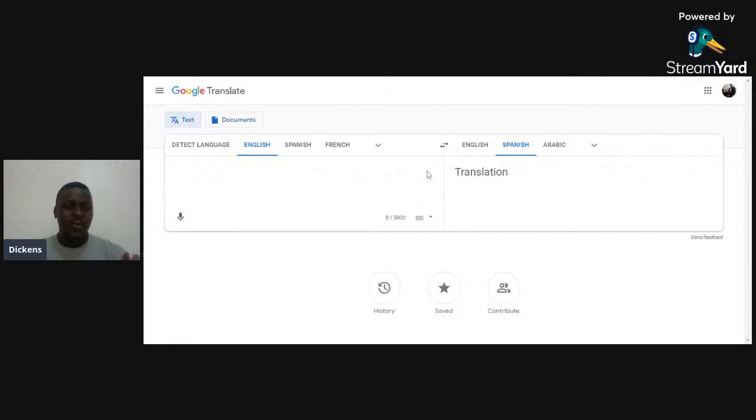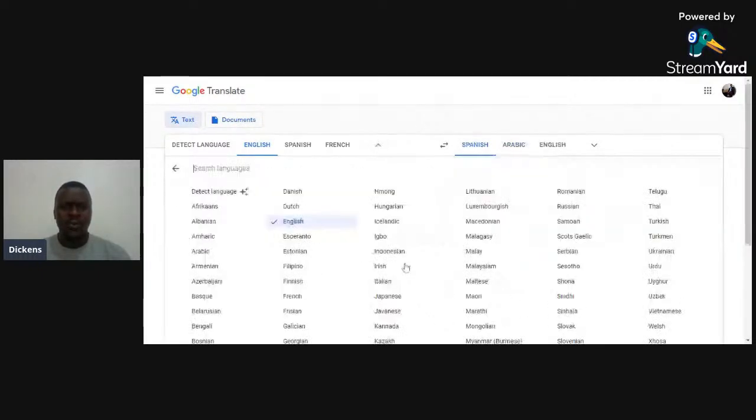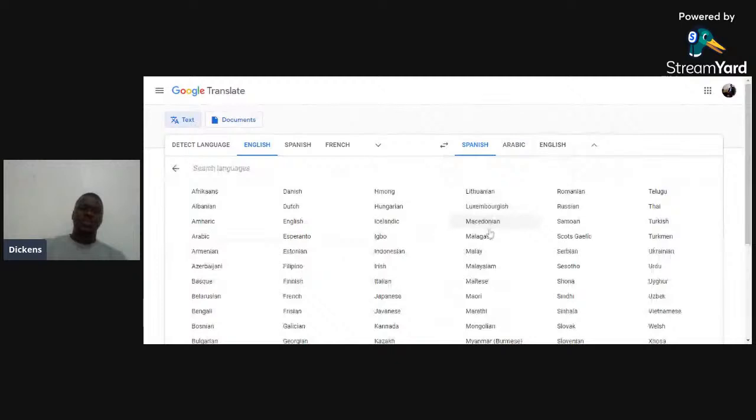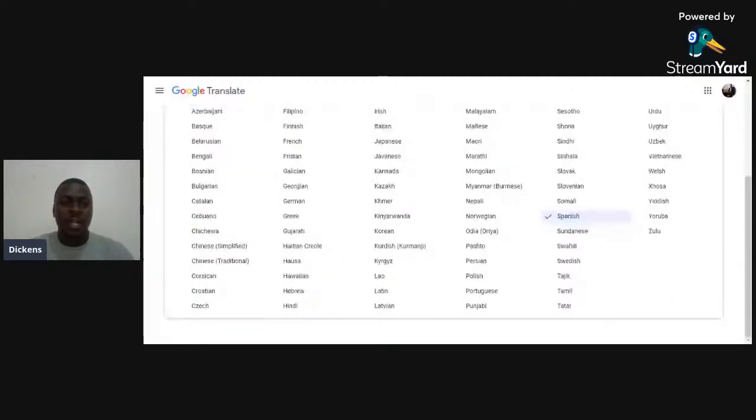Right now, you will be able to use this to just translate from one language to the other. And we have several languages, okay? You can translate from all these. You can see all these languages. You can come here and translate to all these languages. You choose the language you want to speak. This is the digital era, ladies and gentlemen. So let us proceed to the other tools.